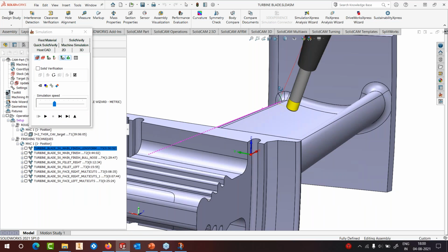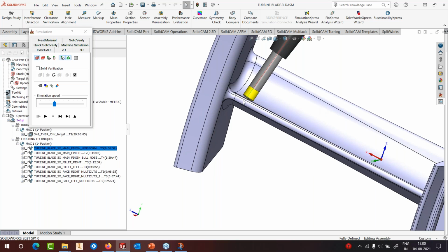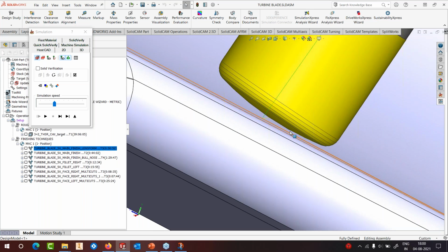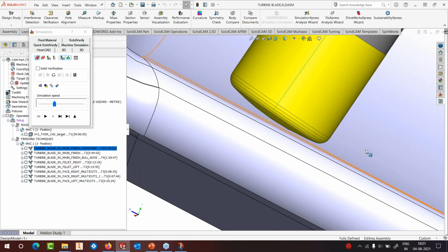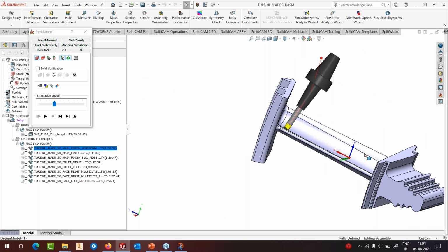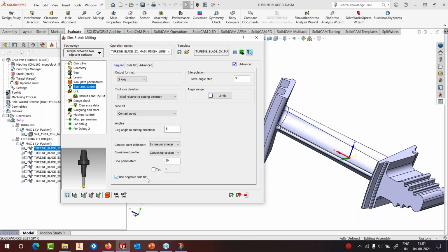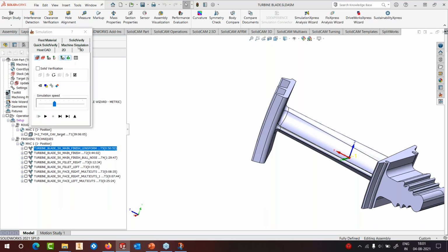So if I look at the contact, it is somewhere here. Okay. Now you can have two types of contact because this is almost like a sphere. You can have contact on this side of the tool, or you could have contact on this side of the tool. So it depends on which side the tool is tilting. You can change that contact point by simply clicking this button of using the negative tilt. So if it's tilting on the positive side, selecting the negative tilt will push the tool and tilt on the other side. So if I run the machine simulation,